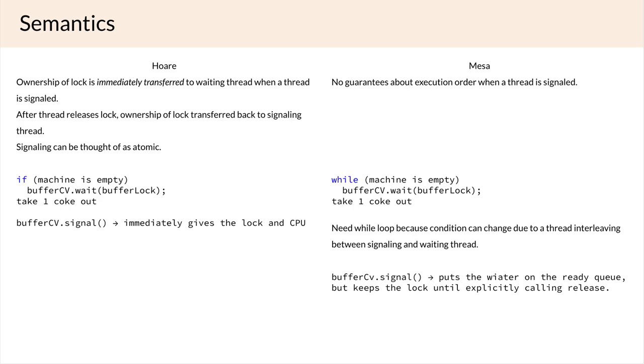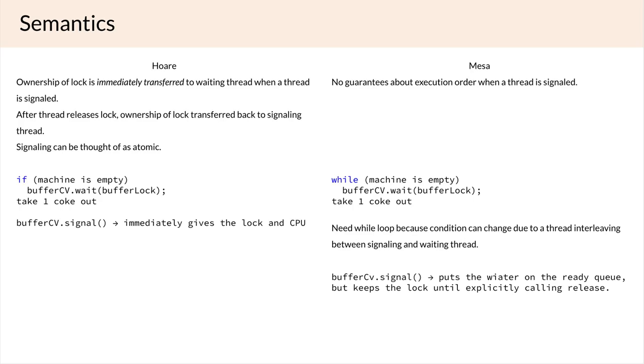So yeah, that's a very important difference. And the other one is that because of this assumption, or because of this mechanism, when we have some clause, some condition that we're waiting on, so in this case of the buffer, we have this if machine is empty. In Hoare semantics, we have an if statement. And in Mesa, we see that this is actually a while. And the reason that it's a while statement instead of an if in Mesa is because